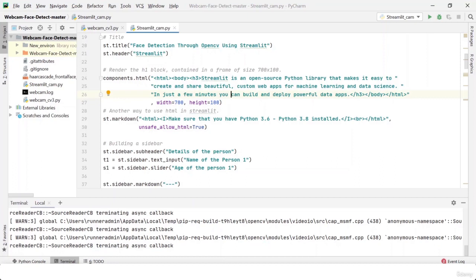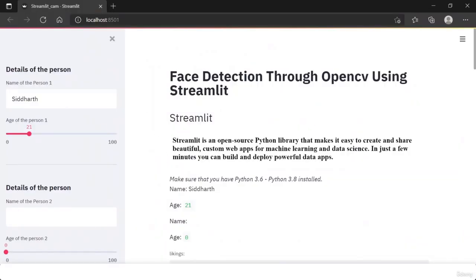I've just written Streamlit is this, and I've given this an H3 font, and as you can go back and see, this is giving me a small font size. H3 is actually small, and with that the text is in bold.